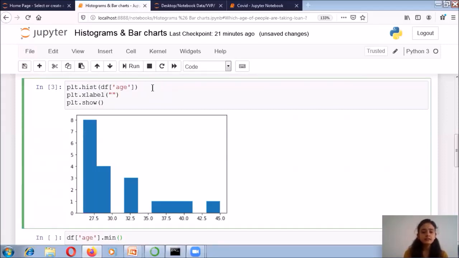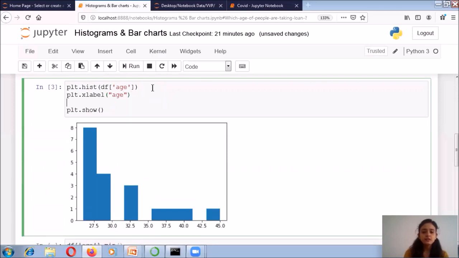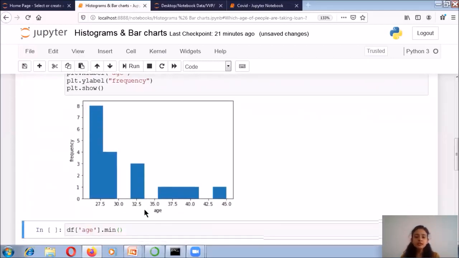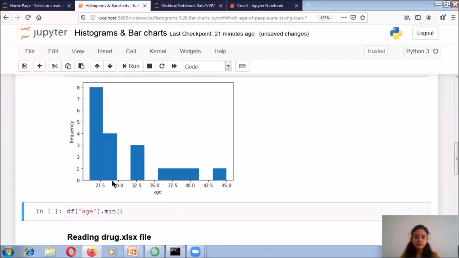On the x-axis I want to write age, and on the y-axis I want to write frequency, because by default in a histogram the y-axis shows the frequency. Now you can see that on the x-axis I have the age, and the y-axis is showing the label as frequency.